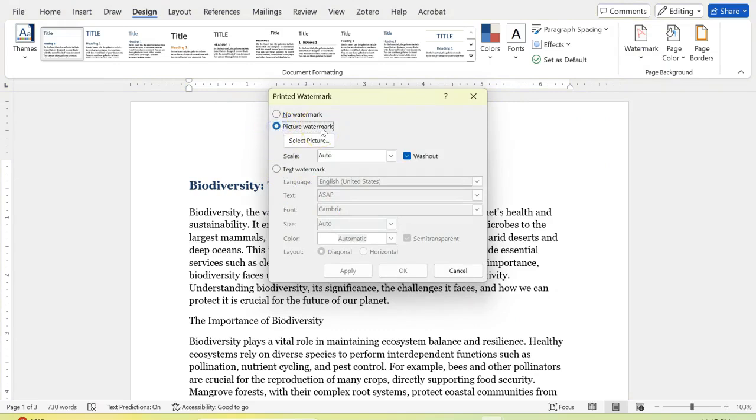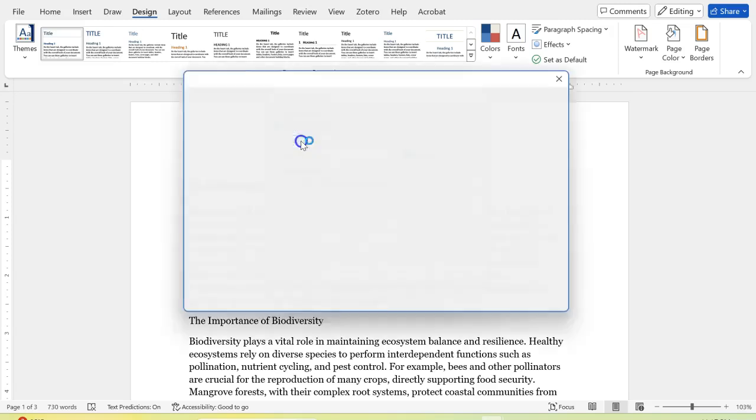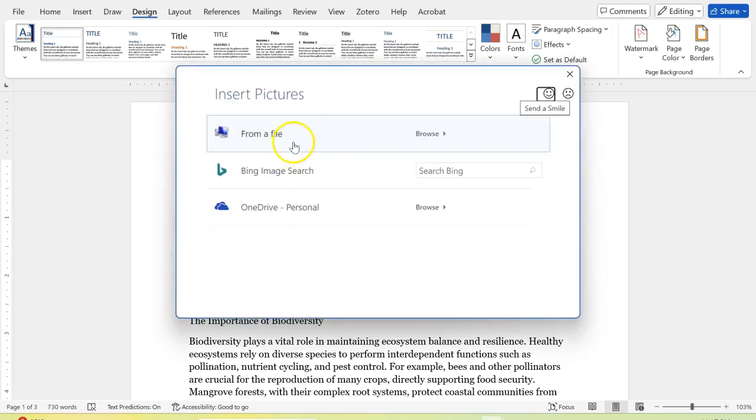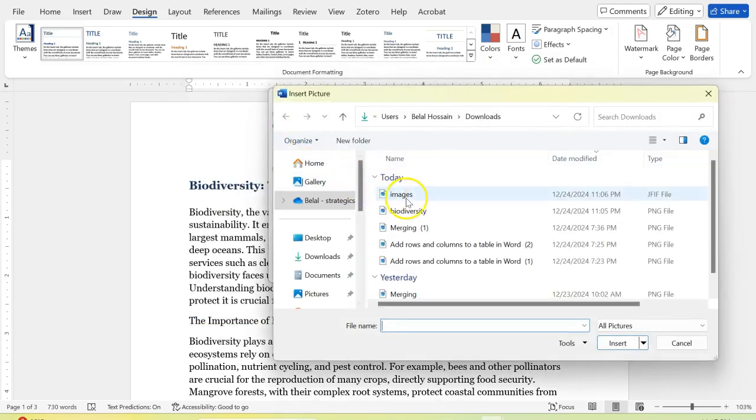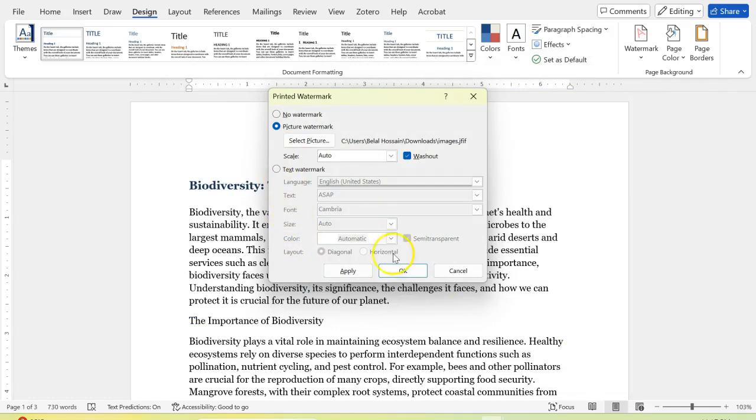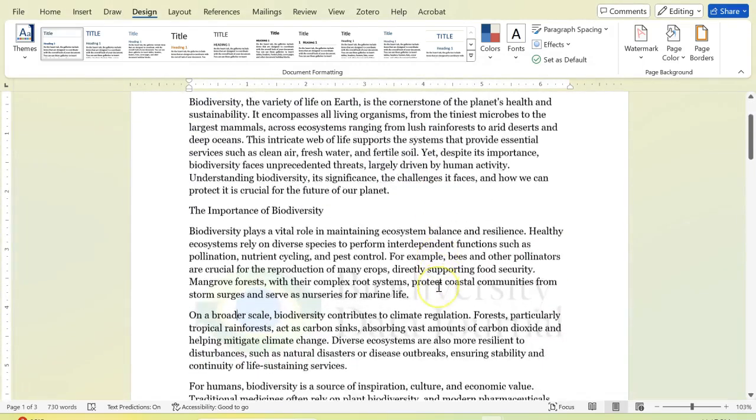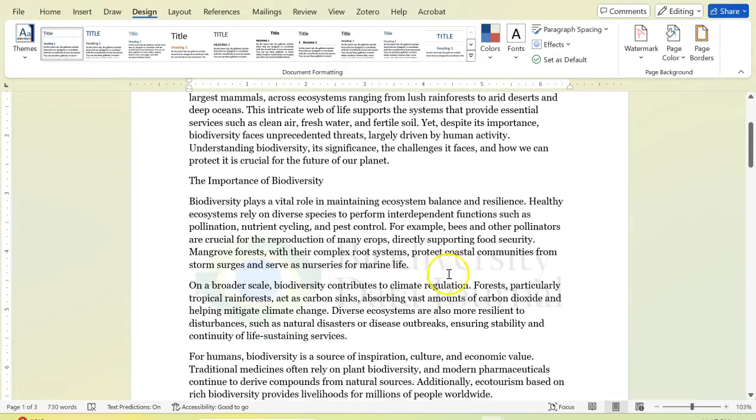So you may want to add the logo of your organization, for example, and then I'm gonna use a picture or image for a journal. Select picture, and I'm gonna use this from my local drive, this one, and then insert and then click OK. So there you go. This is a logo for a journal, and you can use this using the custom watermark